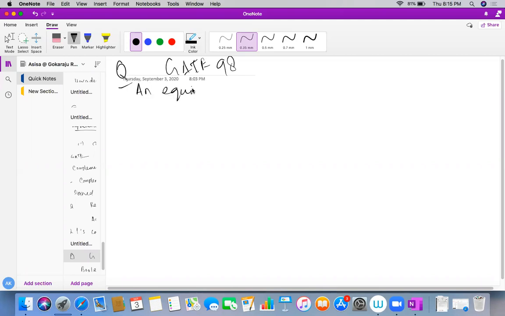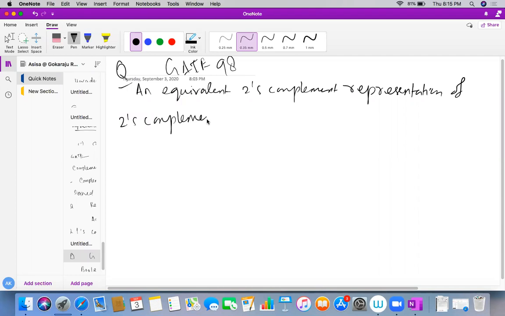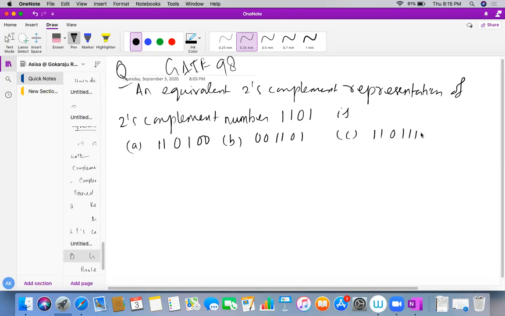An equivalent 2s complement representation of the 2s complement number 1101 is. Choices are A, B, C, D.